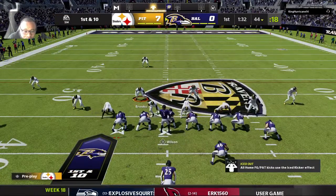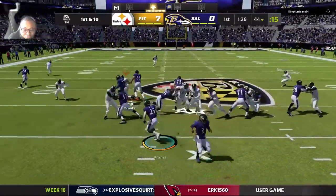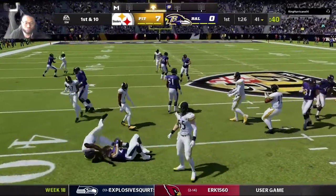So they've got a nice drive going now. They're in good shape. What's interesting to me is they're also in that spot of the field where you would take a shot. Do you change that up just because you're...